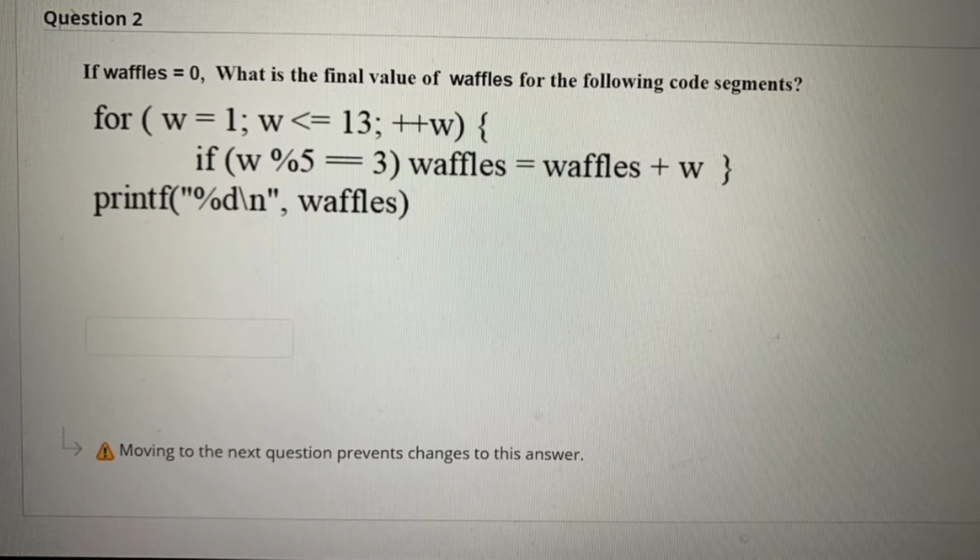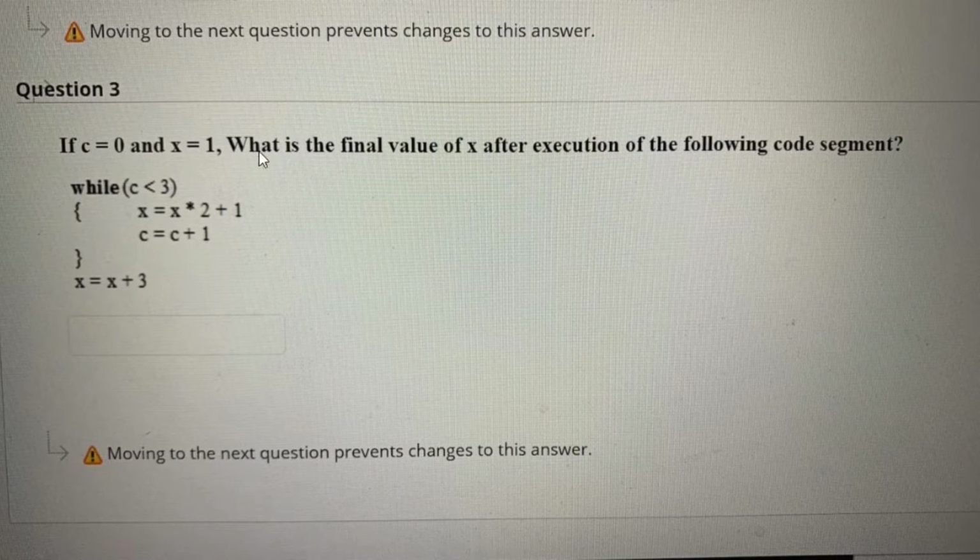Moving on to the next code, that is, if C is equal to 0 and X is equal to 1, what is the final value of X after execution of the following code segment? So while C is less than 0, so yes, C is less than 0, so we are going to get inside the while loop, X is equal to X into 2 plus 1. So